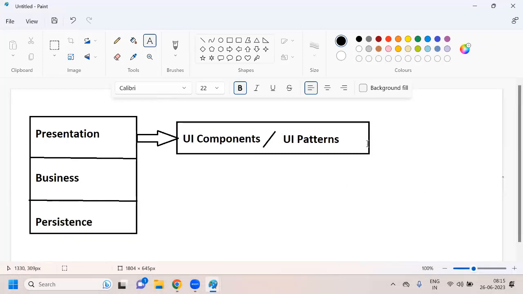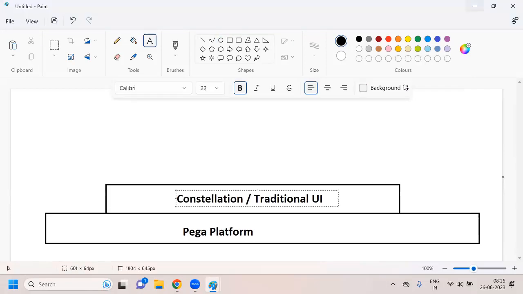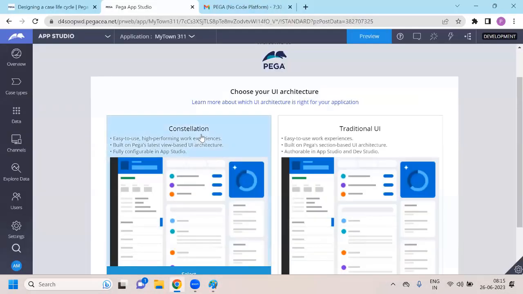So now they are saying that you need not worry about the presentation. I mean, you need not worry about those UI components and those UI patterns. You focus more on the business part. Business is important for us, right? So that's the reason when you are trying to develop a new application, you are going